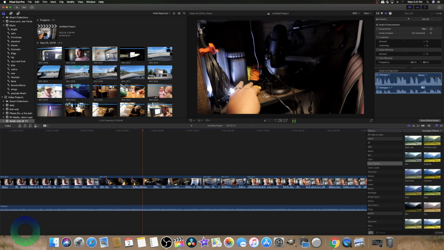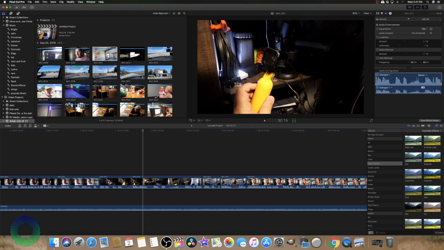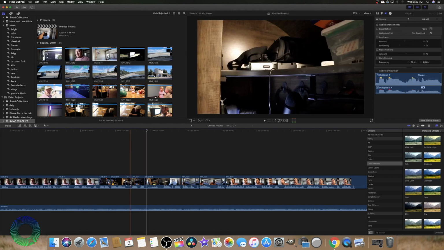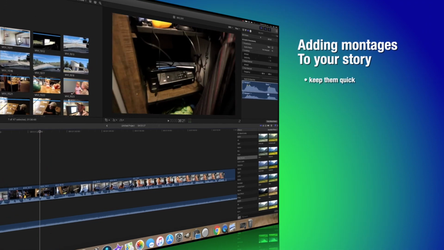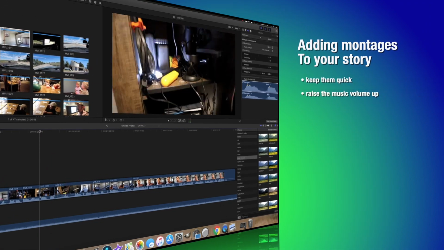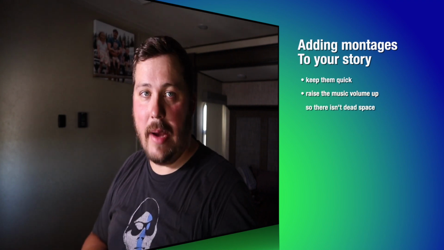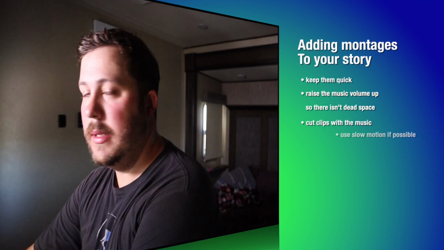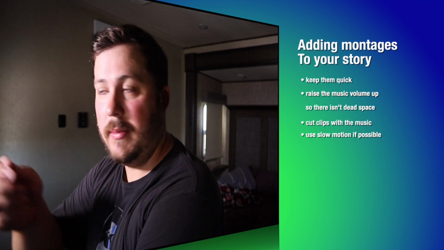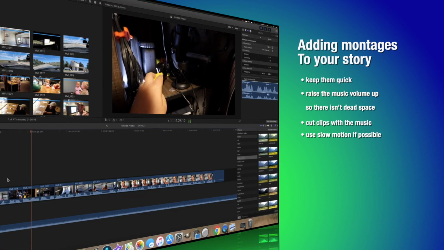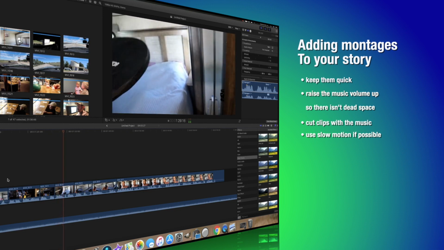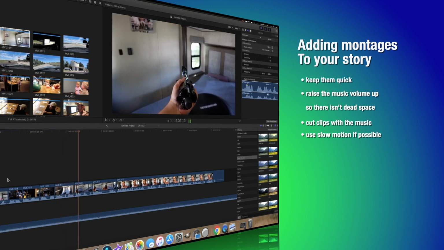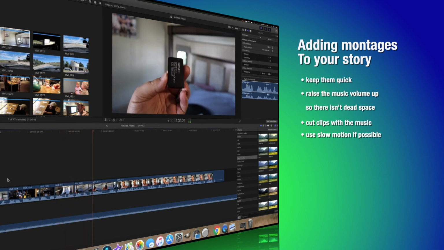GoPro, possibly. What I'm doing is I'm creating what's kind of like a montage so that we can talk about everything quickly. Instead of having these gaps where I'm grabbing things and stuff like that, it's going to be a little bit quicker. Like, oh, yep, got it. GoPro, possibly. Drone, no. Green screen, no. Tripod, yes. Extra batteries,